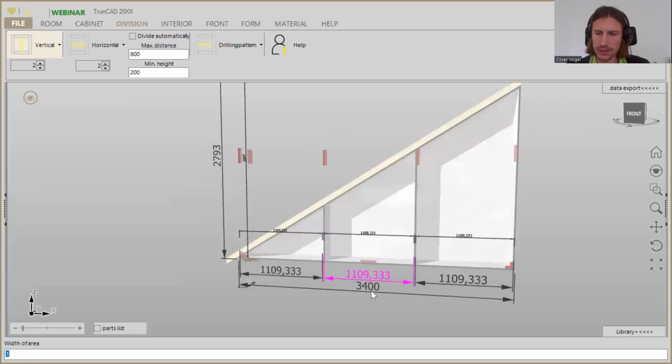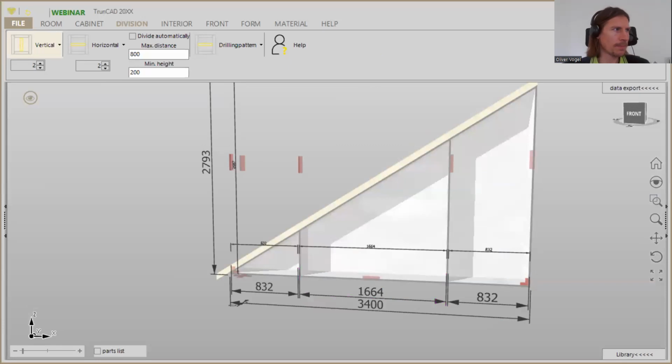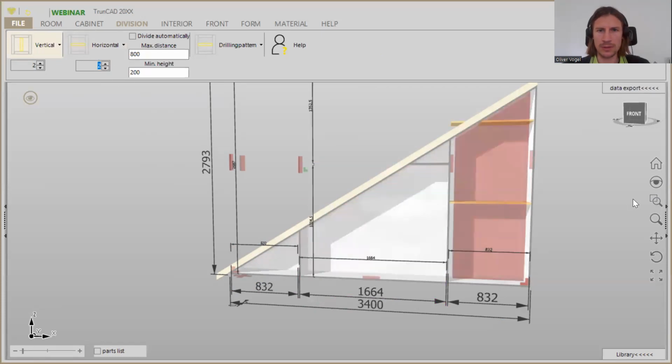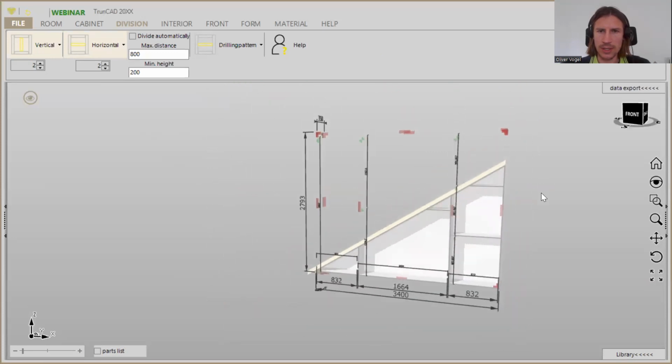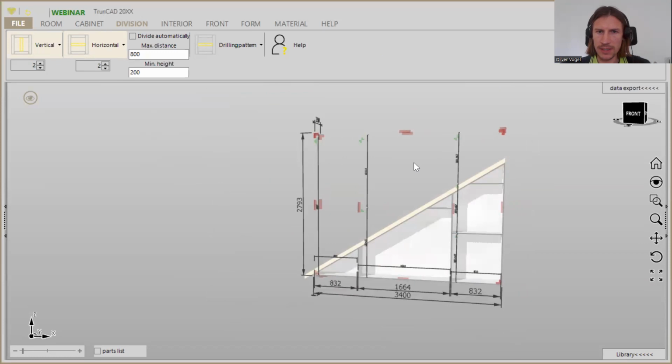We are clicking here and say we want to have a relation of 1 to 2 to 1 to each other. And then we can continue here. We keep it like it is already. And now in the middle area, we add one horizontal, and on the right, we add two horizontals. Now you see they are also related in relation 1 to each other, because the software doesn't consider